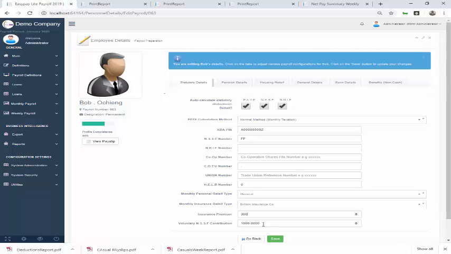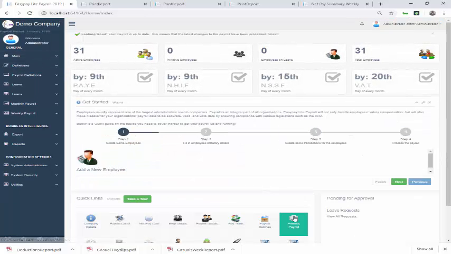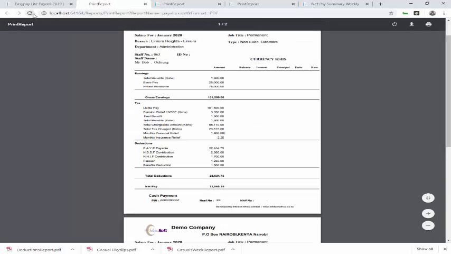Usually the premium is about 3,000. Sorry, not the percentage. The percentage is already defined as 15%. So if the insurance premium is 3,000, we can regenerate this, and then refresh that report and see what we get. So we just refresh